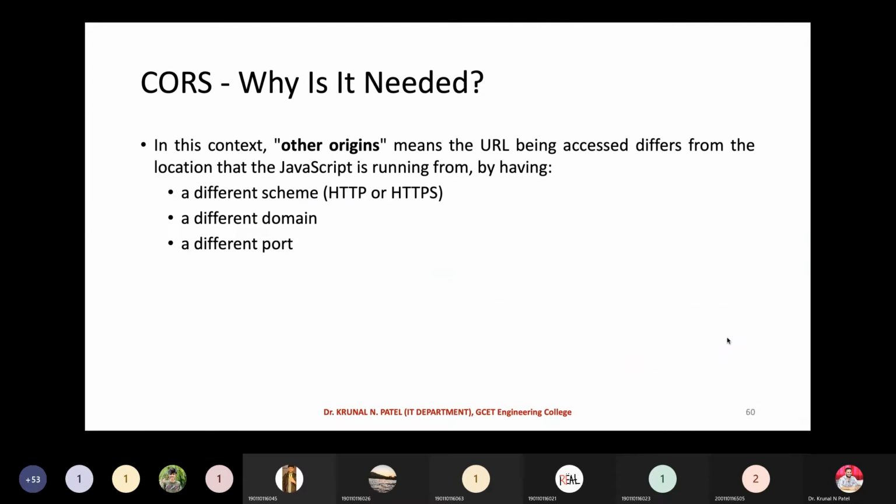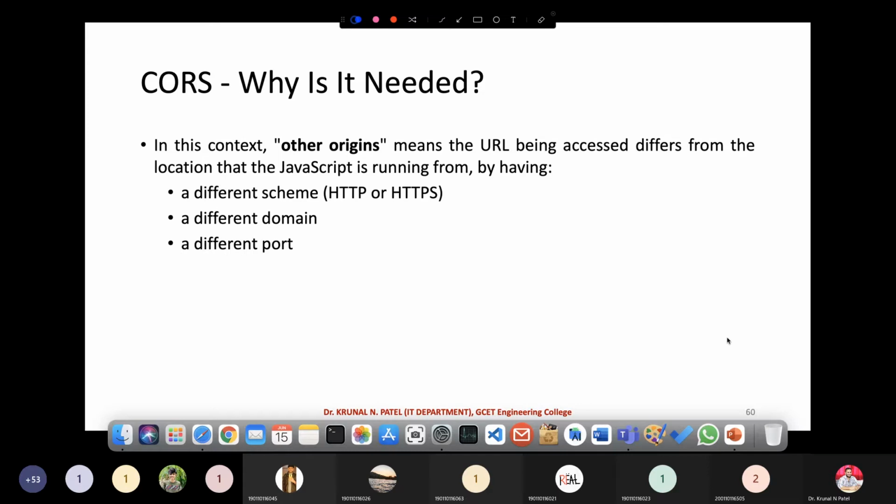Okay, now let's discuss other things. What is the meaning of same origin, and what is other origin? In this context, the other origin means the URL being accessed differs from the location that the JavaScript is running from. Now let's discuss that.